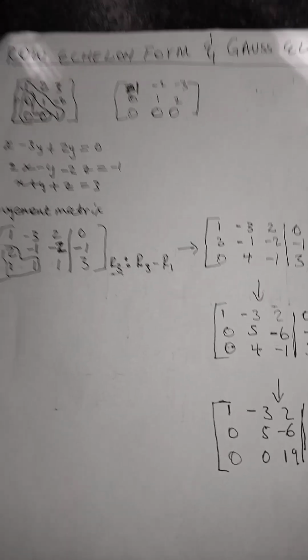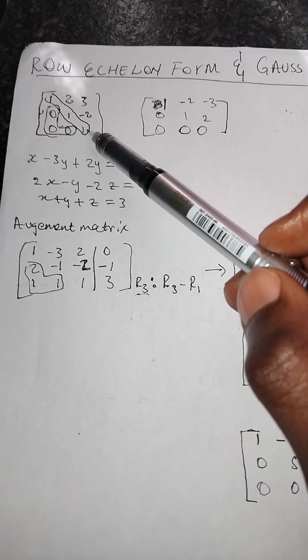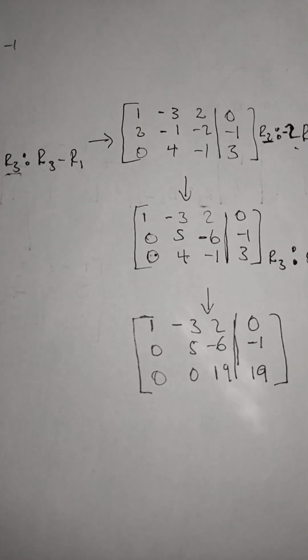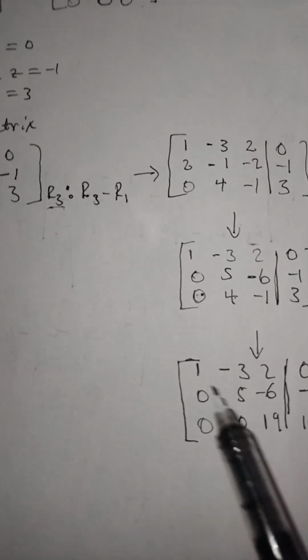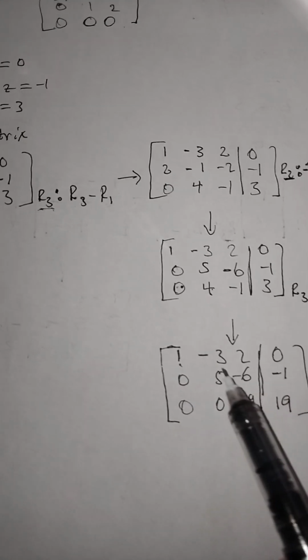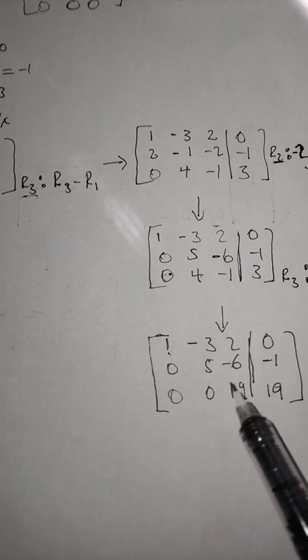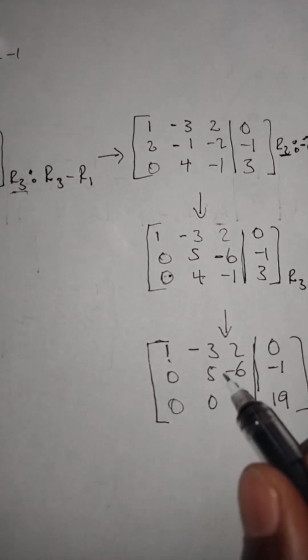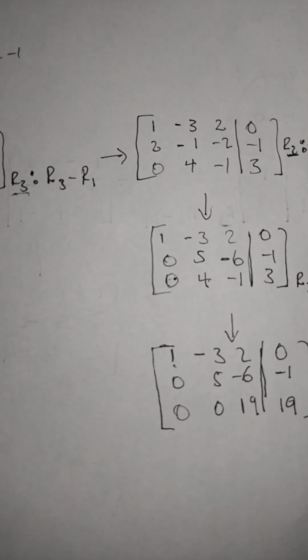What is left for us is to obtain the diagonal of ones. That one is pretty easy and we can do it simultaneously. Already we have a one there, so the ones are needed here and there. To obtain a 1 here, we can multiply